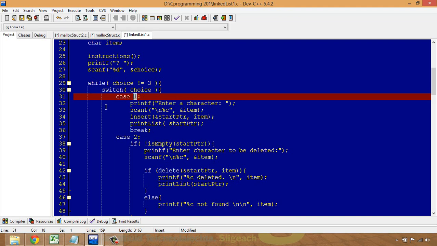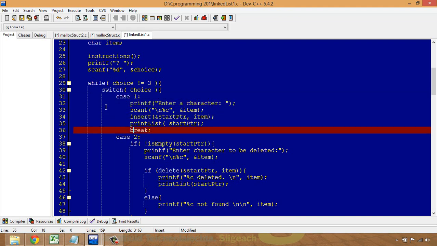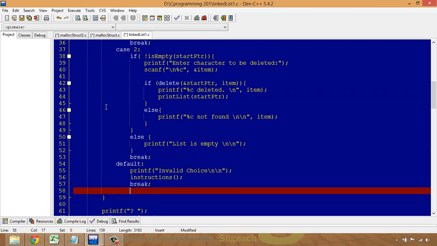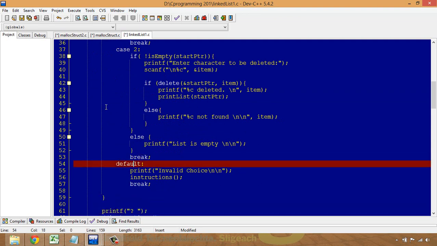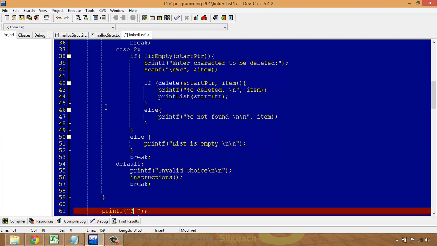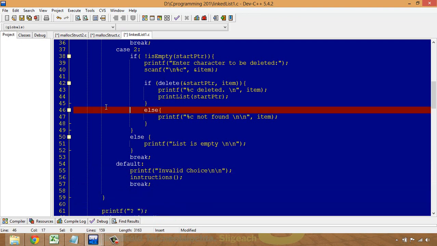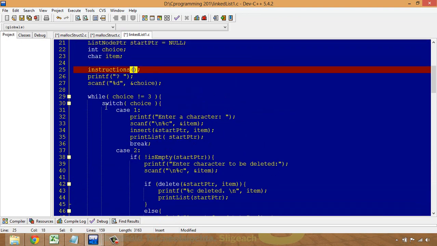So choice tests: is it the first case, is choice a 1? Is it the second case, is choice 2? Or down here, is it the default case, which is neither 1 nor 2? Now you might be saying, well, what about the 3? Well, the 3 will get taken care of by coming out of there and going back to the while loop